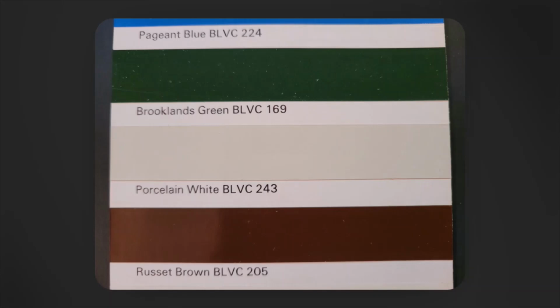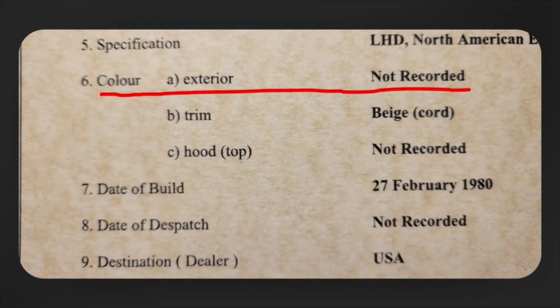I do know that my white color has kind of a gray tone to it. It does not seem to be quite as dark as the color chip, but the color chips are not necessarily perfect in and of themselves. It's also possible that the car got a paint code that was slightly different from the actual paint that was on it. Things were probably being done in a little bit of a sloppy manner by Triumph there at the very end. Speaking of which, I did eventually get